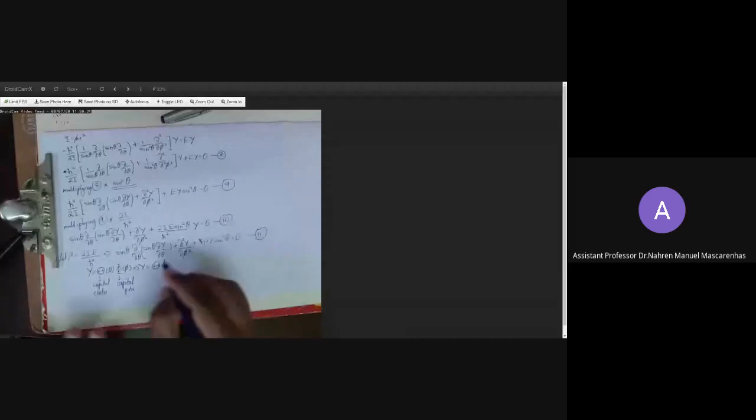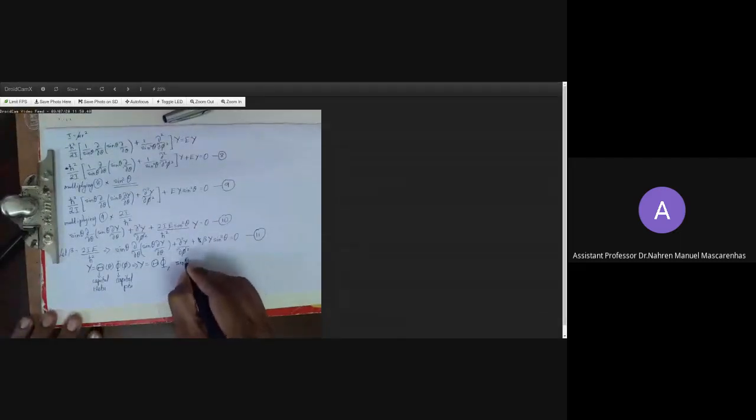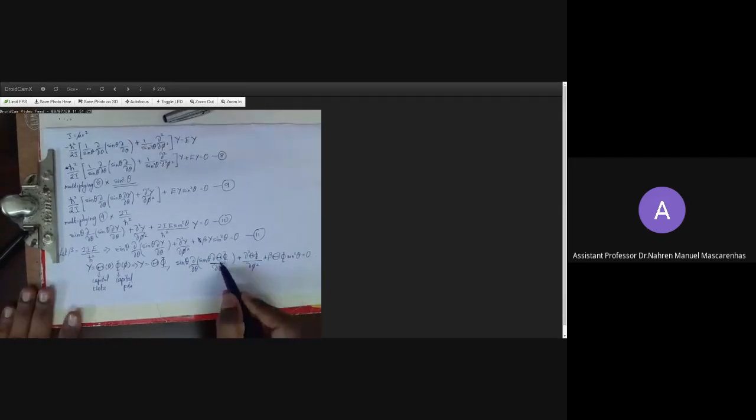Okay, next. So if we do this, what do we get? If we go to the next page it will be difficult for you to follow, so I'll try to stick to this page. I haven't done anything; in the place of y, I just put theta and phi. So what will happen? I'm writing sin theta dou by dou theta of sin theta dou capital theta capital phi by dou theta, plus dou square capital theta capital phi by dou phi square, plus beta capital theta capital phi sin square theta equal to 0. I've done nothing, just put it in the place of y.